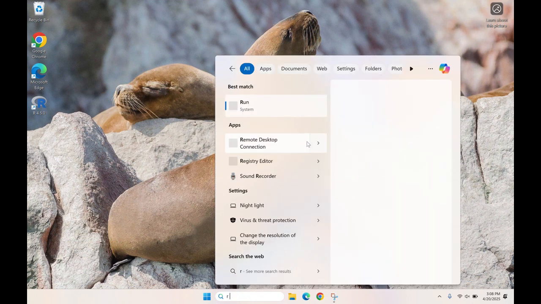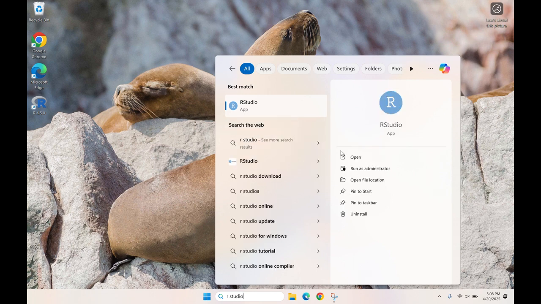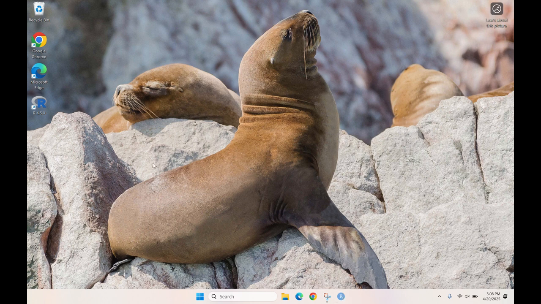So if we look up RStudio, we find it right here. So you can choose to pin it onto your start bar, your taskbar. Just pretty much put it somewhere that's easy to access. So I'm going to pin it to taskbar for now. And now that it's here, you can also put it on your desktop, but it's just your personal choice. Now that it's here, I can click on it, open it up,